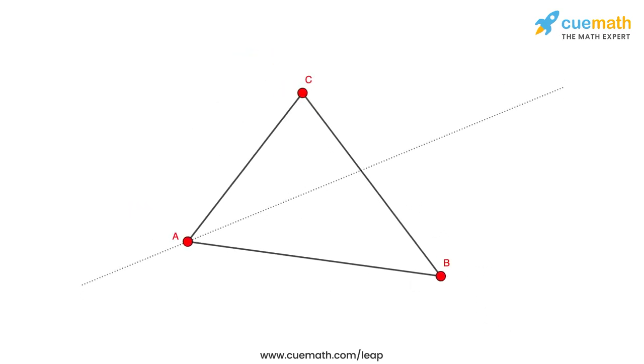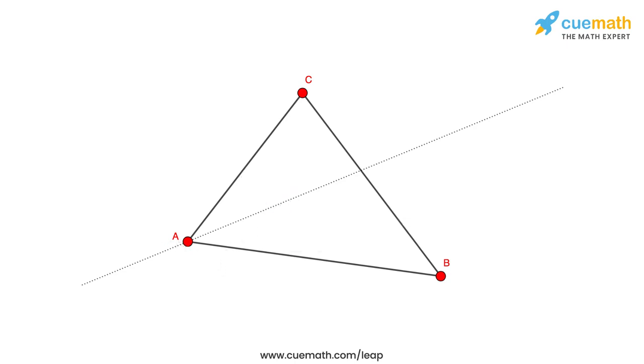Now, if you take any point on this angle bisector, so let's take a point X on this angle bisector, this will be at the same distance from the two arms of the angle, the two arms being AB and AC. So if we take the distance of X from both AB and AC, it will be the same. So now if I move around X on this angle bisector, you can see that it always stays at the same distance from both AB and AC. Okay, so far so good.